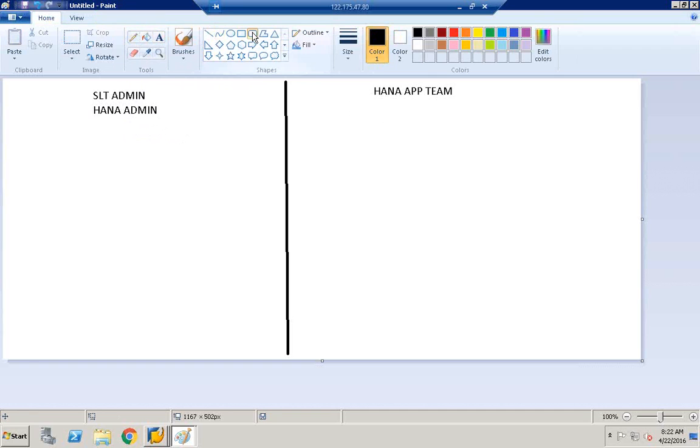So the knowledge about admin is useful for application consultant. The reason is, whenever we try to do troubleshooting from end-to-end systems, in order to pinpoint what is the exact issue, or in order to do root cause analysis, SLT admin related topics will be very useful in real world,